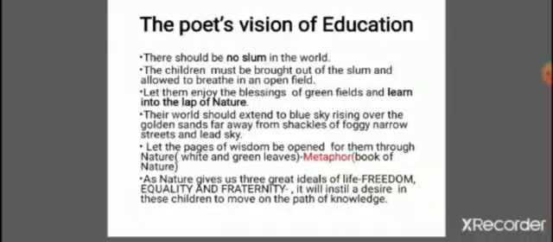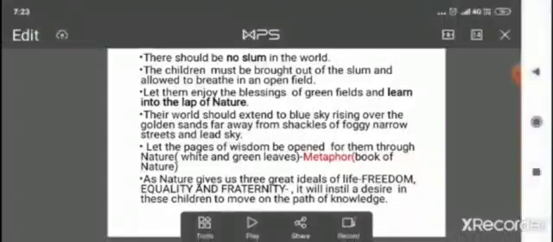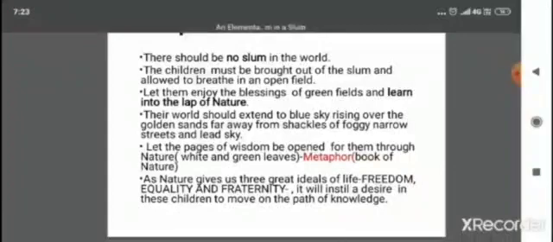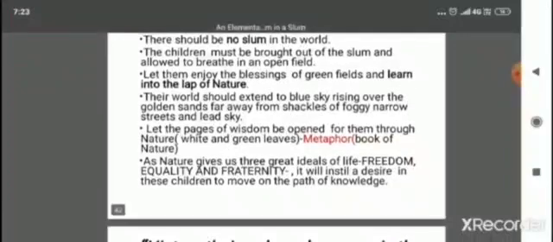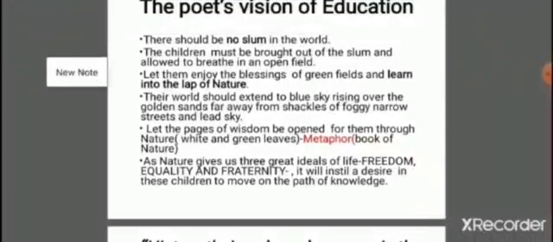Then obviously a question comes to our mind: what is the poet's vision of education which can really do something good to these children? These last 3-4 lines of the poem give the poet's vision of education which he actually wants for these children. Let's have a look. The first line, when he says "break, oh break open till they break the town," it